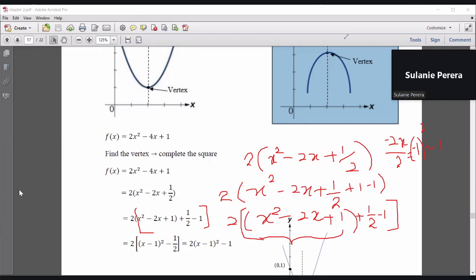4. Where is 4? 3j, 4m. Yes, can you tell me how can you write this as a perfect square? 4m, how do we write this as a perfect square?